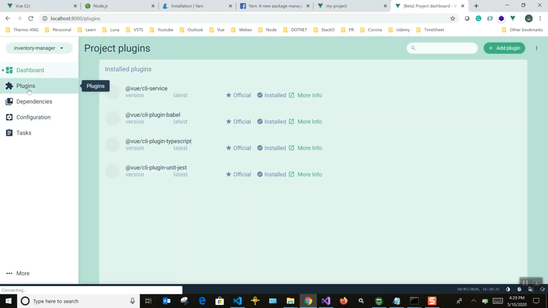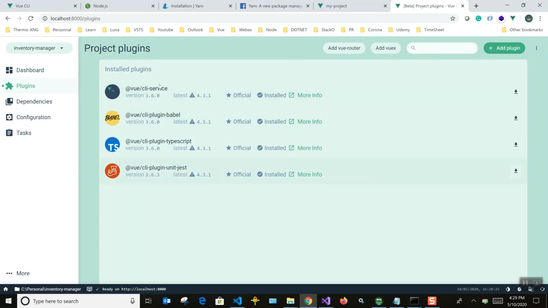You can also add plugins if you want, download them and include them. The UI gives you a more user interface approach, so you'll be able to picture all the things very easily. I prefer the other one, but you can choose whichever is easy for you. That's all about the basic setup.